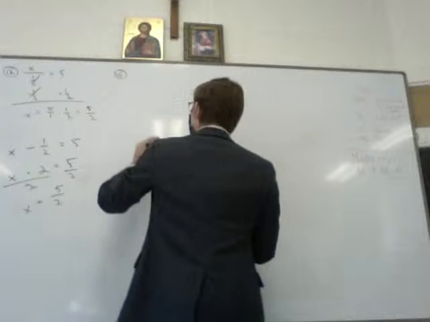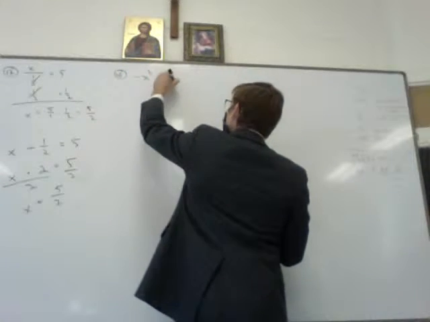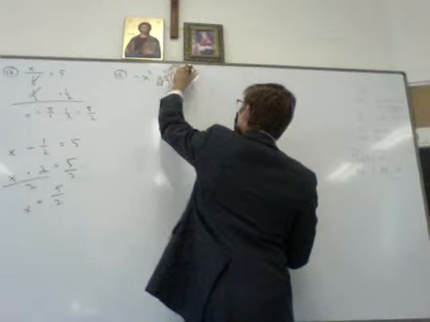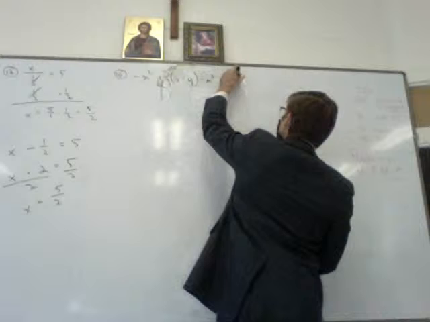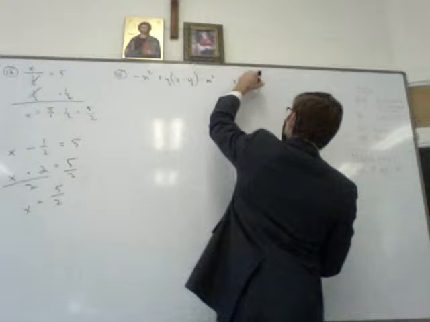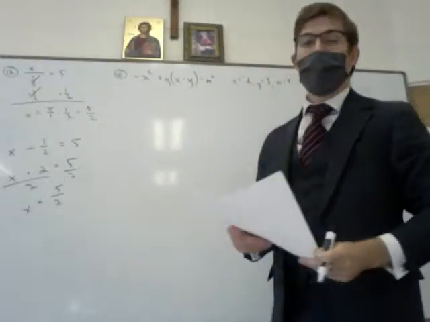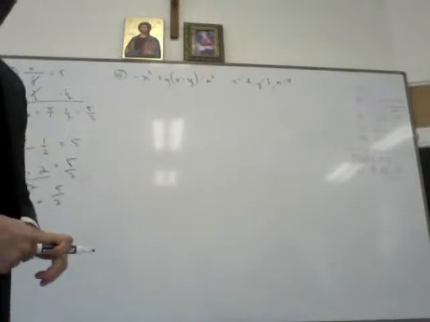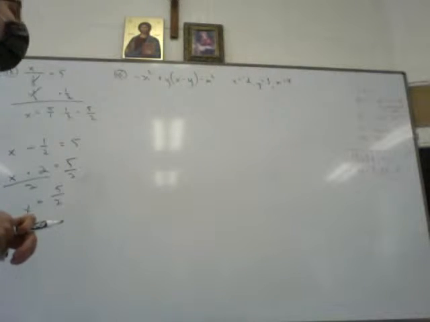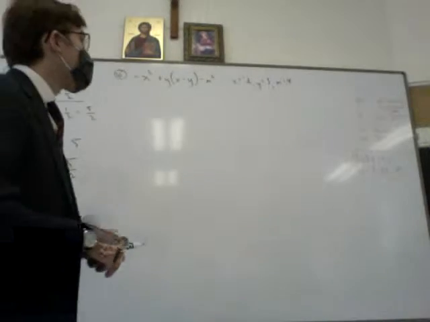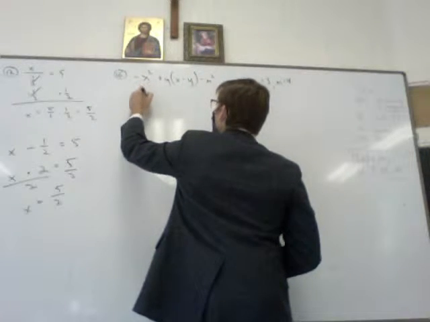Negative x squared plus y, parentheses, x minus y, parentheses, minus m squared, if x equals -2, y equals 3, and m equals 4. Yes. So, what do I do? Oh yeah, fill in first. So, negative bracket, -2, parentheses,